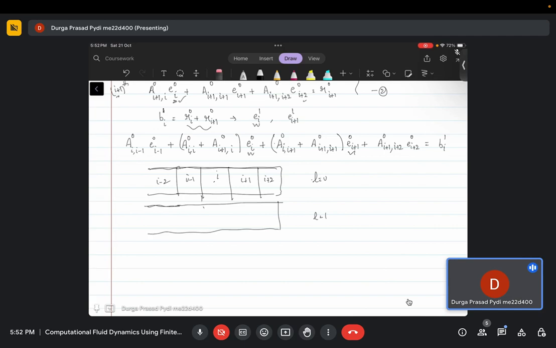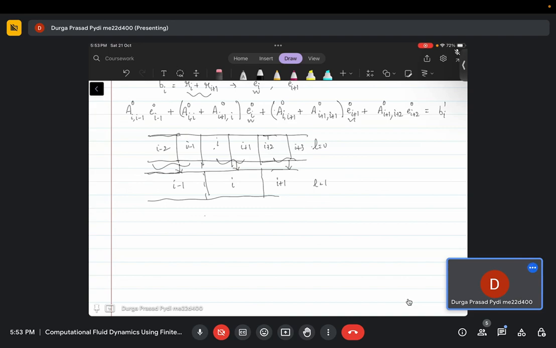So if I am merging I and I plus 1 to get my one cell here, and I plus 2, I plus 3 to get the I plus 1 cell here, and this is my I minus 1 cell. So if these two are combined to give you this, if something like this is happening in geometry,